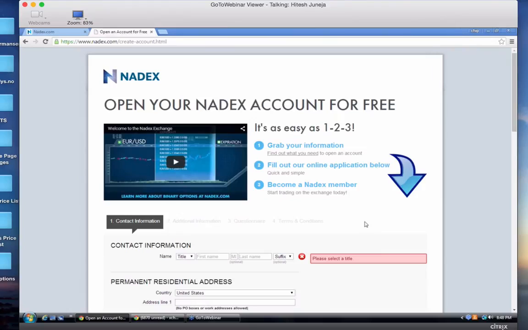So Nadex on their side doesn't keep any funds and does not have any specific tax policy for you. You just have to see depending on your situation where you are. I think you're going to have to talk to the tax people in the designated country, but we are not withholding any taxes on it.